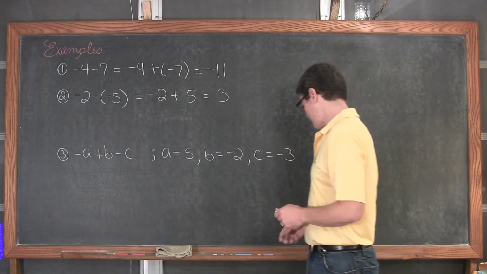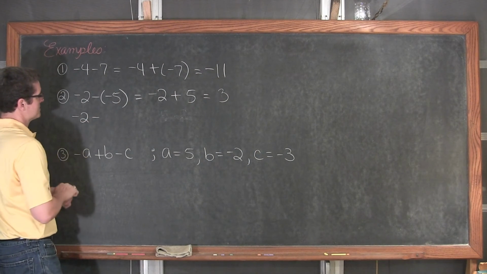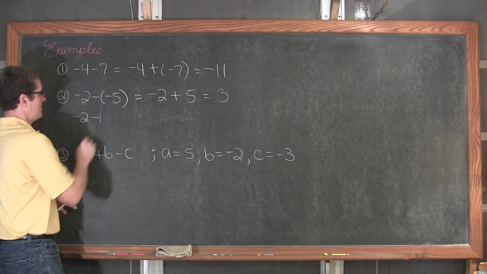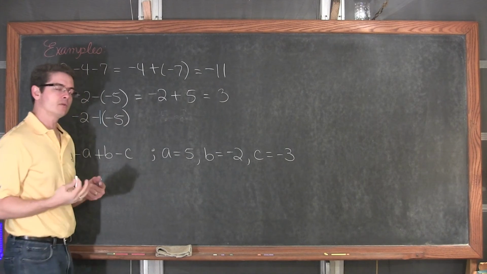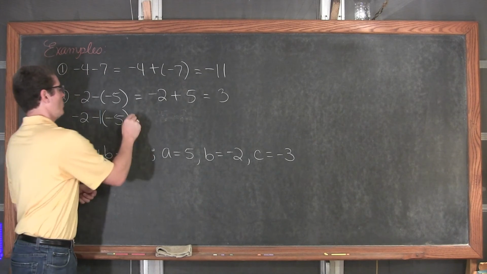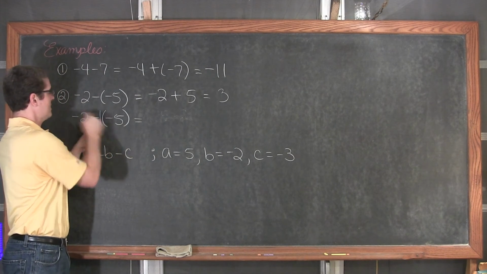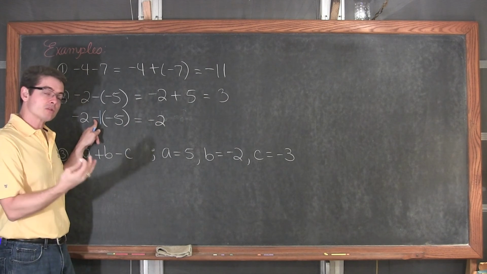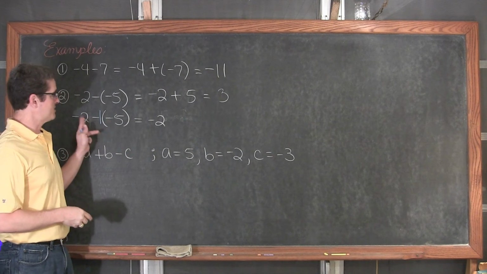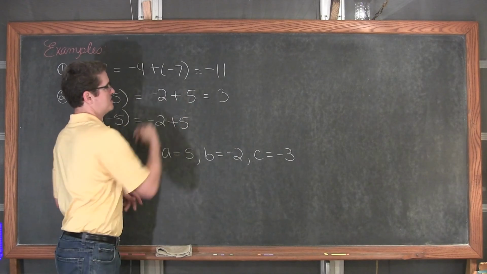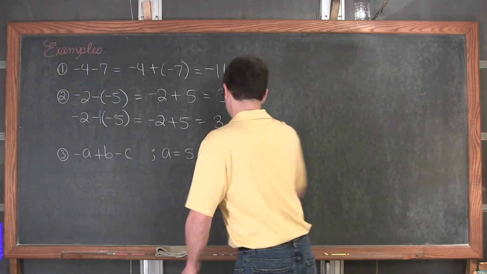Now, another way of thinking about this is to go, all right, well, we have -2 minus, and then slip a 1 in between the minus sign and the parentheses. And then when you start learning about how to multiply with signs, one of the rules you're going to learn is that when you multiply two negative numbers, you get a positive answer. So negative 2, because you have to multiply before you add or subtract, negative 1 times negative 5, when you multiply two negatives, you get a positive answer. And you can see I just wrote the same thing again. Negative 2 plus 5 is going to be equal to 3.